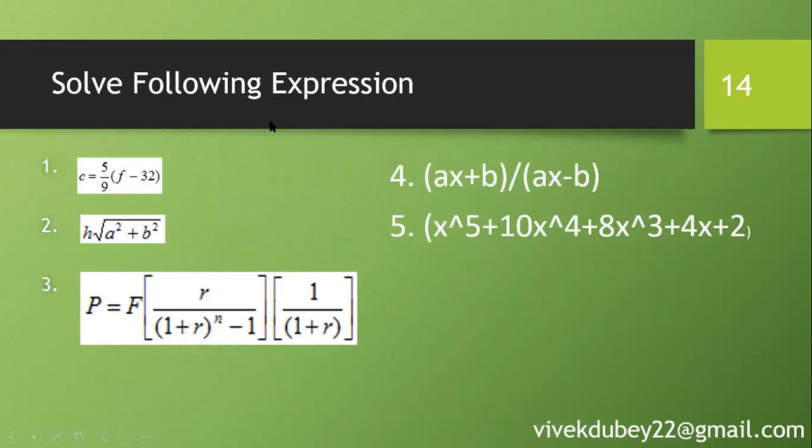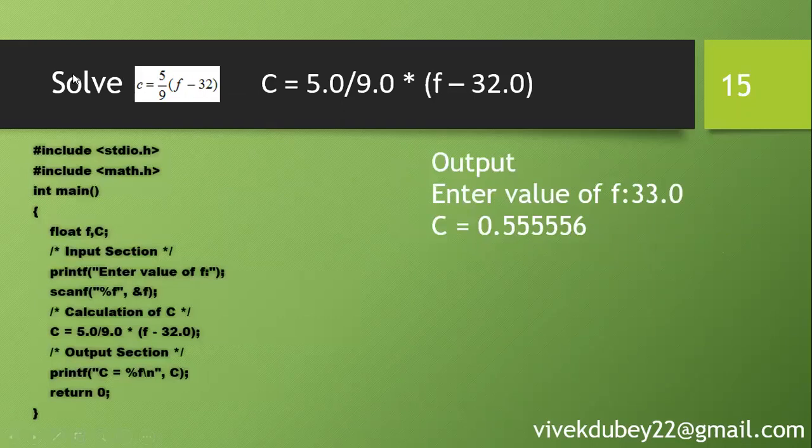Now these are some examples that we have to do in the lab too. This is one formula for Fahrenheit to Celsius. This is for the square root concept, and these are some complicated formulas, 4 and 5. So these are the 5 expressions we will solve here too. One is C, and like that the square root. Okay. So I have this expression, and this expression can be written in the computer like this.